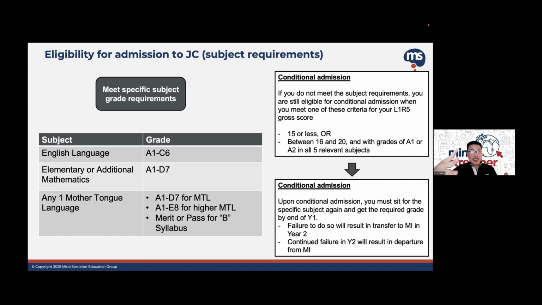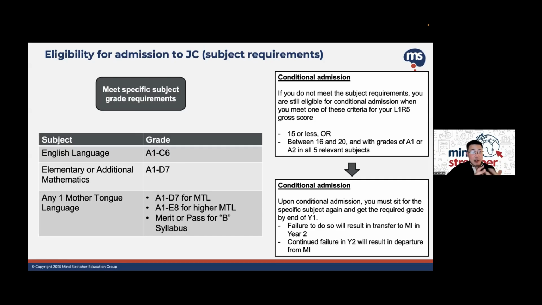They may actually decide they want to go to poly. It's possible also. So there are people who do, although it's not common, so it's not the norm. The way to think about it is it's not the norm, but there are indeed people who, after they go on the JC path, feel that it's not quite the right one for them. So they request for a transfer, and then they may go to a polytechnic route. So that's the first one.